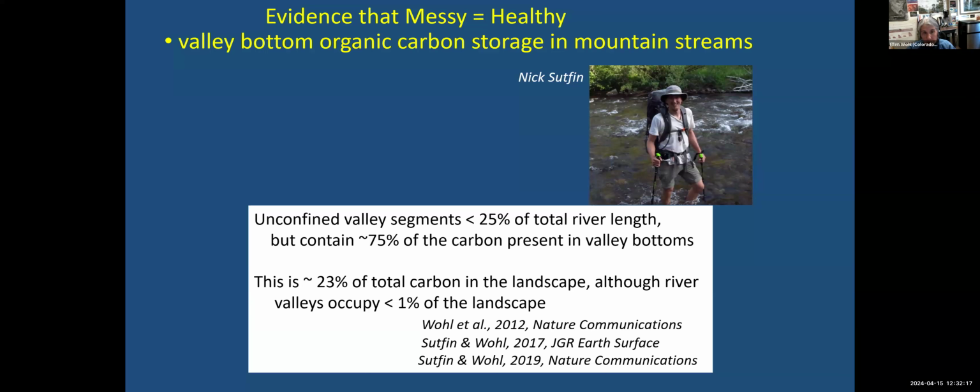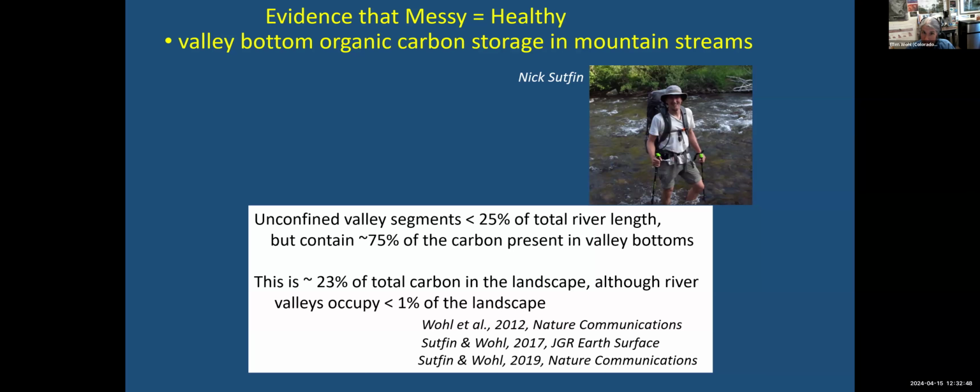And if you look at the two summary statements here, those beads, or the unconfined valley segments, they're a small proportion of the total river length, less than a quarter. But we quantified carbon storage in different types of river corridors and in the uplands, and then extrapolated that to the whole river network. And those beads are disproportionately important. And that's on a per unit area, not just because the beads are wider than the strings, but because if you have a hydrologically connected floodplain, you're probably going to have high primary productivity.